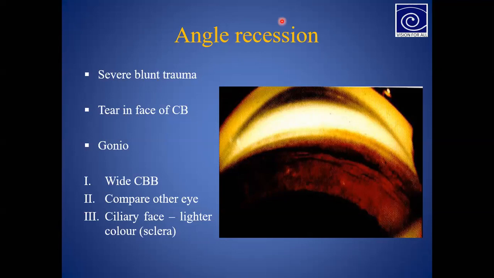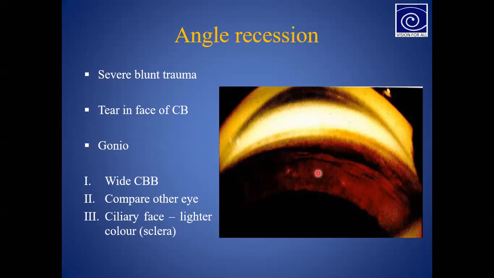तो व्हाट इज द मीनिंग ऑफ दिस एंगल रिसेशन? So angle recession matlab just you have to understand there will be having tear in the ciliary body band. Okay, तो जो tear ciliary body band होता है उसमें उस लेयर का बेसिकली फट जाना को बोलते हैं हम लोग एंगल रिसेशन. दो पार्ट में अगर बट गया है, टुकड़ा हो गया है, मीन्स दैट विल बी कॉल्ड इट एज एंगल रिसेशन. तो एंगल रिसेशन को बेसिकली देखने के लिए हम लोग ब्लंट ट्रॉमा केसेस में गोनियोस्कोपी करने का जरूरत रहता है. ओके,